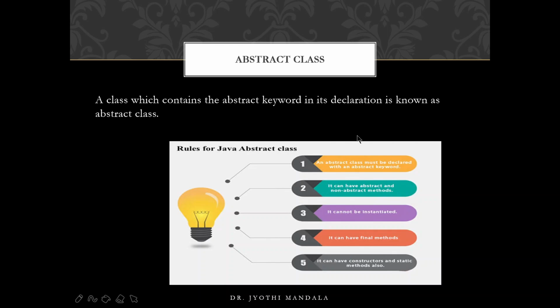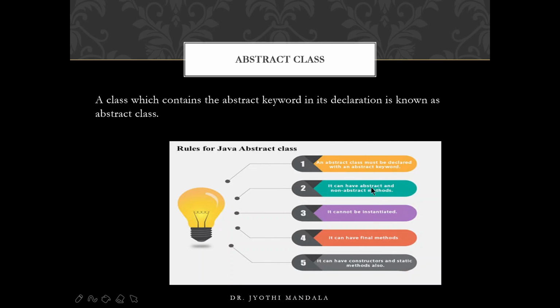Any class that you want to make an abstract class should be preceded with the abstract keyword. We will learn with an example also, but remember, an abstract class looks like a normal class, but it has method definitions, called non-abstract methods, and abstract methods for which no method definitions are there, which I'll show you. That is the second rule: any abstract class can have abstract and non-abstract methods.